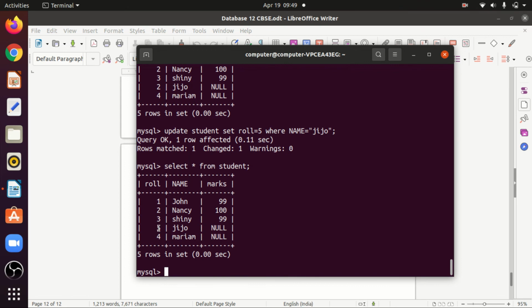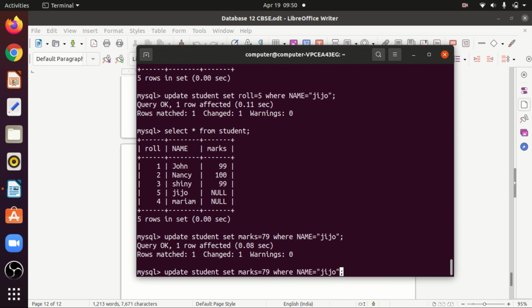Now again I want to change this null value, and that is also possible. So I have to write UPDATE, SET marks equal to how much? Marks will be 79, where name is Jijo. This is done.